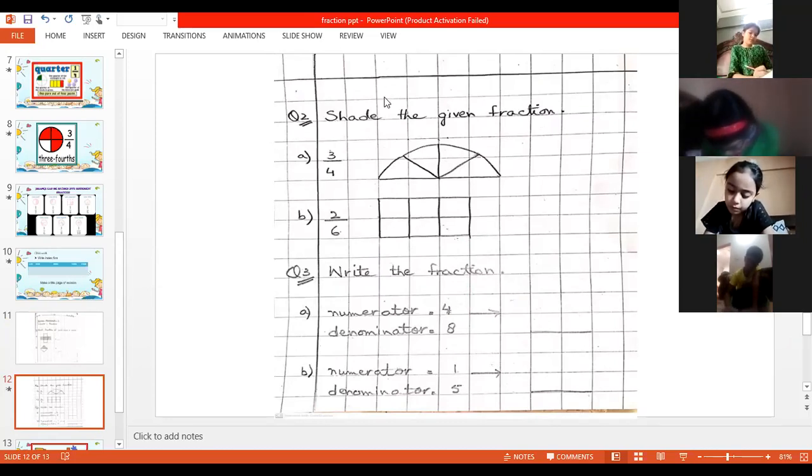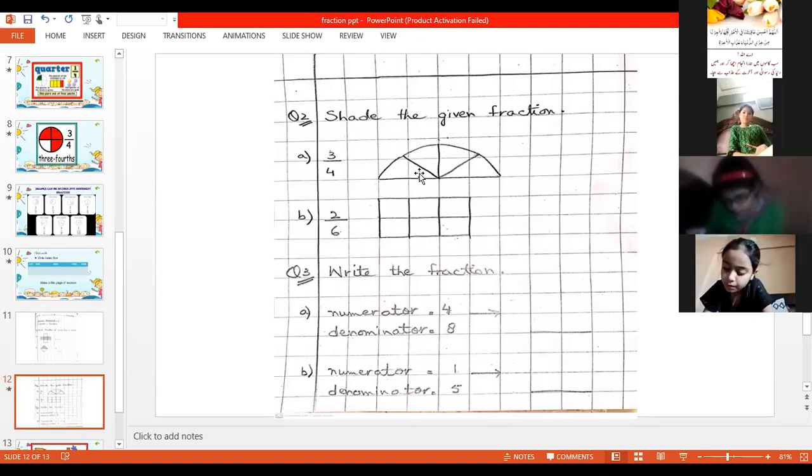Yes, we will shade 3 equal parts out of 4 equal parts. There are 4 parts, but we will shade only 3 parts.